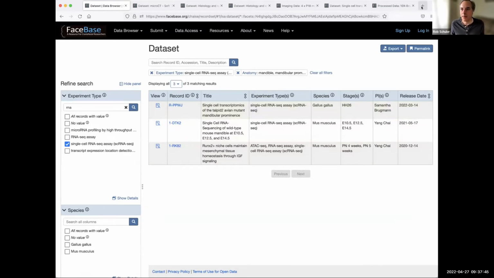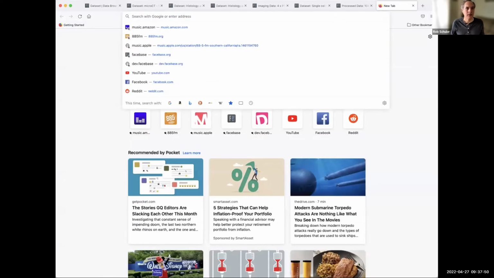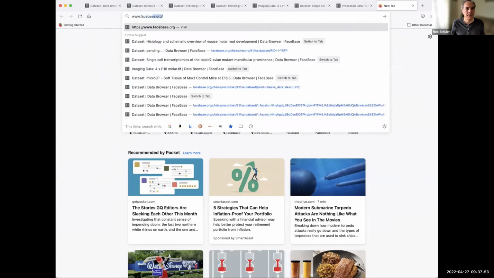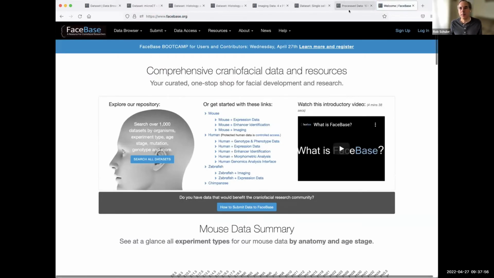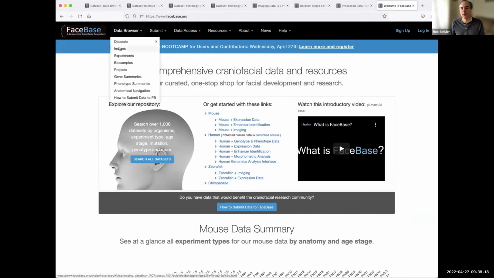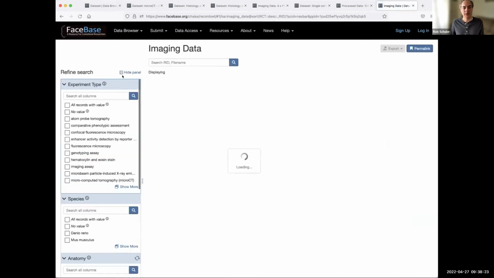sets. Let's see, I'm going to open up another tab here and go back to FaceBase. Okay, so I'm going to start over here on the FaceBase site because I wanted to keep my place there, but show you another search avenue in FaceBase. So another one is the image search. So from the home page here, I have a nav bar, data browser, and then images. So if I really just want to dive right into the images, I can go to this data browser images